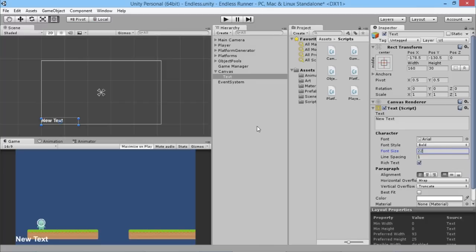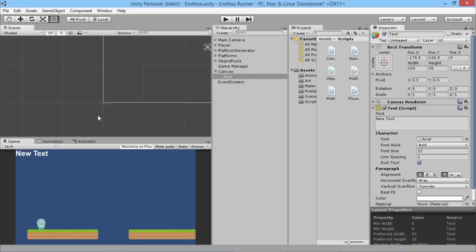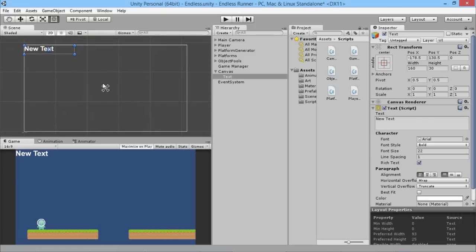Okay, so being down here in the bottom left corner is no good to us. We want to put it up here in the top where it makes a little bit more sense. So all we do is we just click on the box here and drag it up, and as you can see, it moves on our screen down below. Even though it's way higher than where our player is here, the UI stuff works on its own little scale, basically. So we don't want it in the exact top corner. We want to pull it in a little bit, round about there,